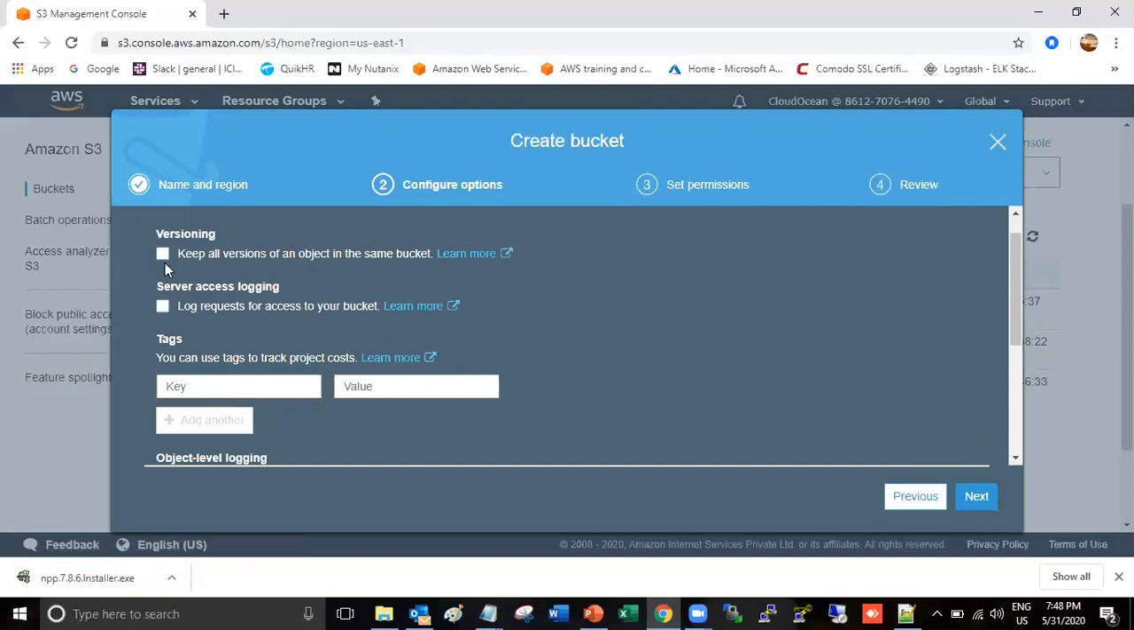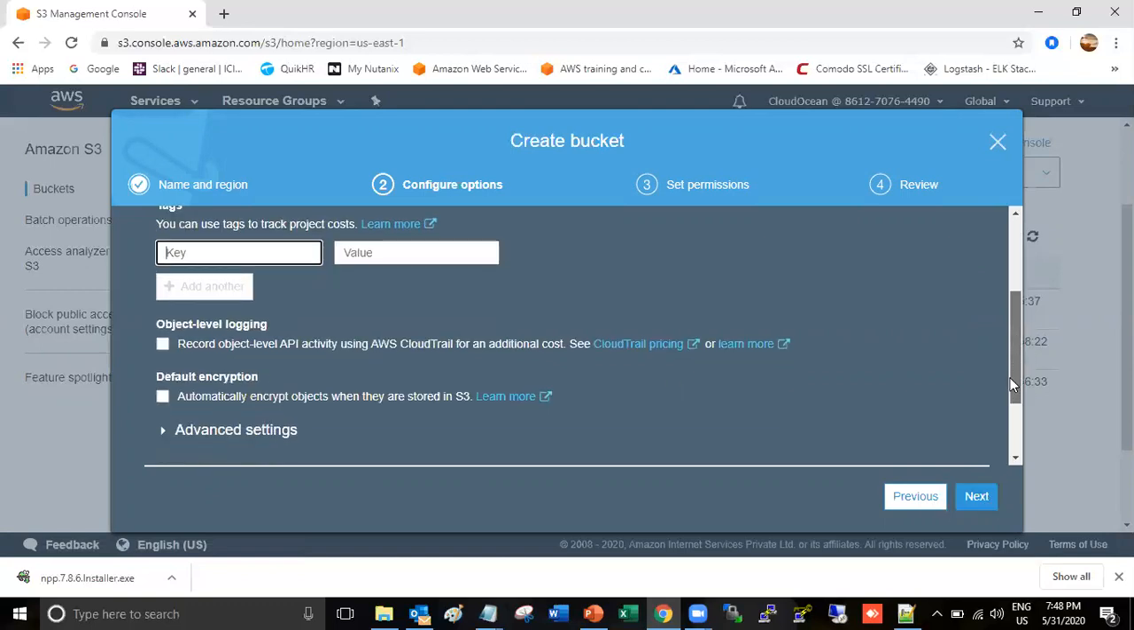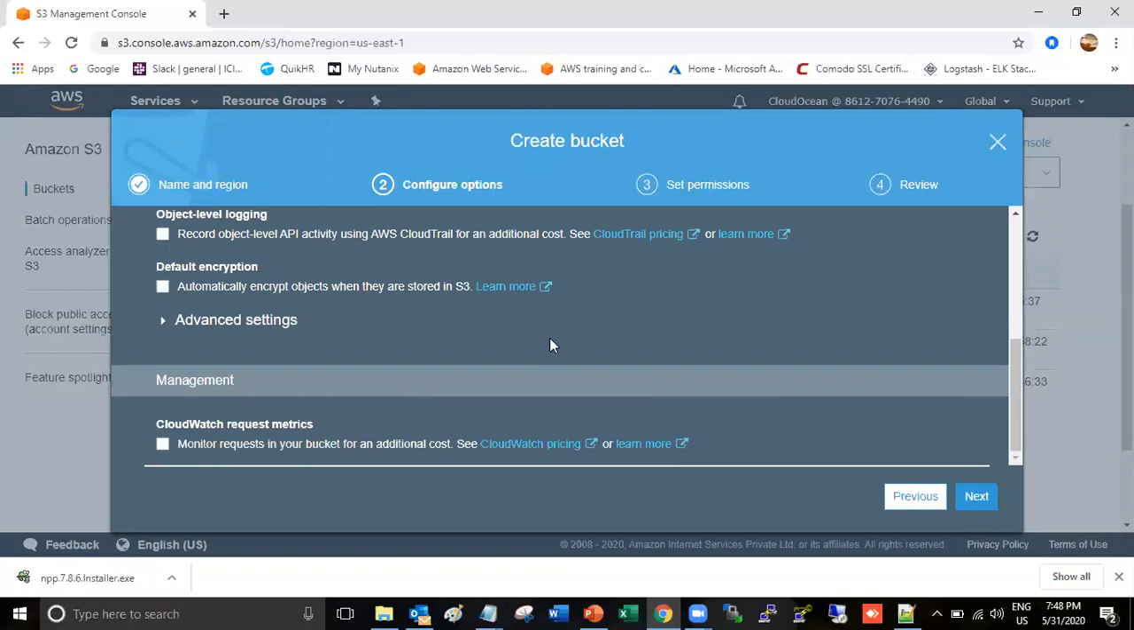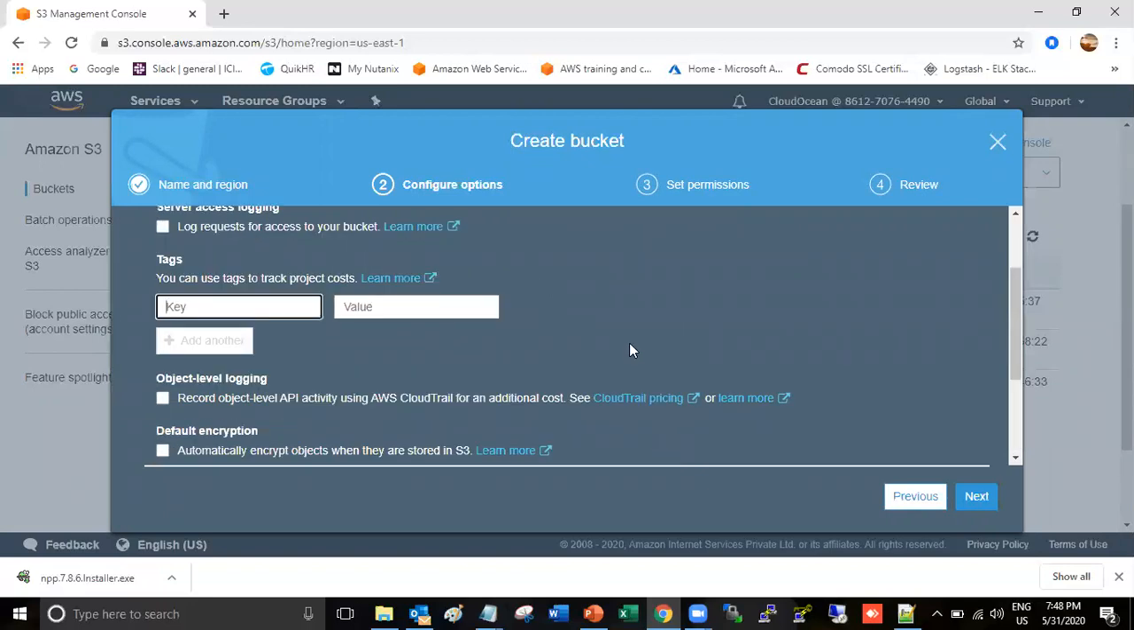and here, as I said, if you want data replication, you have to enable versioning, but as of now I leave it blank. Later I will enable it. If you want to give a key and value, you can give it. And object level tagging, default encryption, or whatever options you want, you can select, but as of now I leave